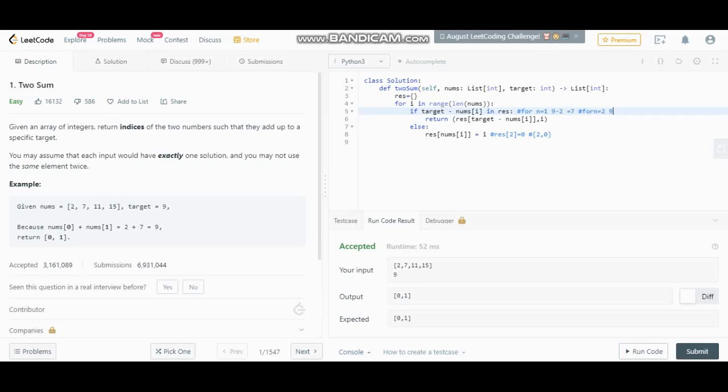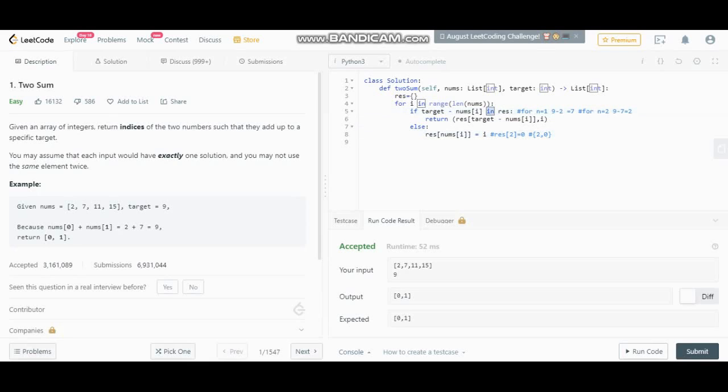So 9 minus 7 equal to 2, okay. So 2 is already there in the result. As you see over here, 2 is present as the key.